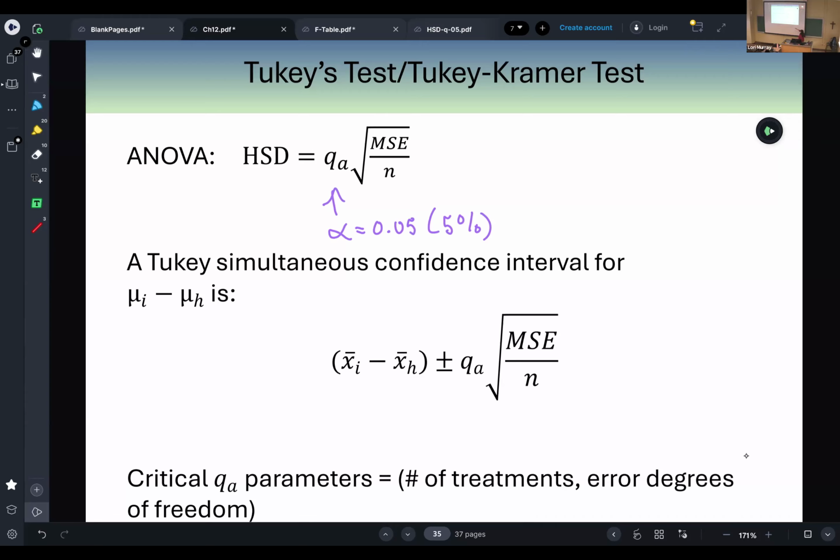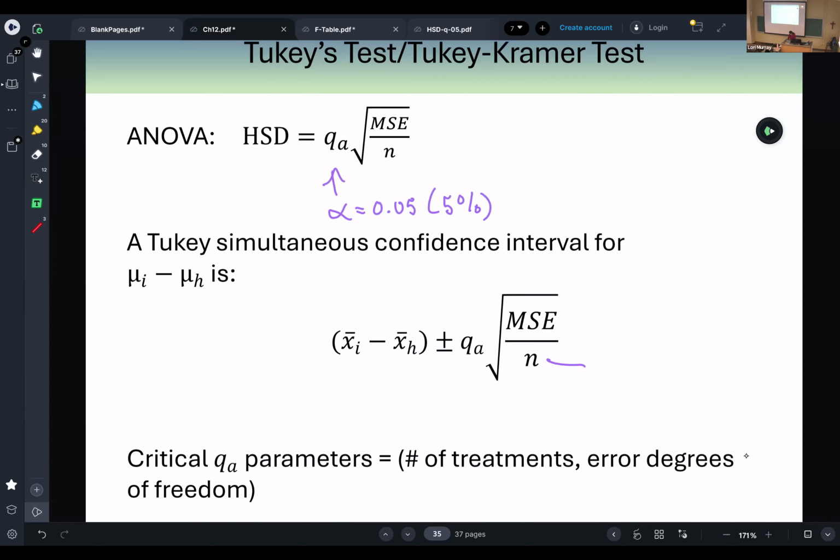And you can then just put in plant 1 subtract plant 2 for X bar sub i and X bar sub h. And then plus or minus, it's your confidence interval with that little q alpha. It's another table, but it's only used for this test. It's only used for these tests or confidence interval. And then you just multiply it by the square root of the MSE divided by n, which is